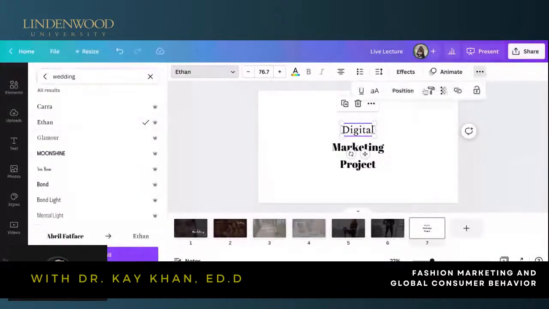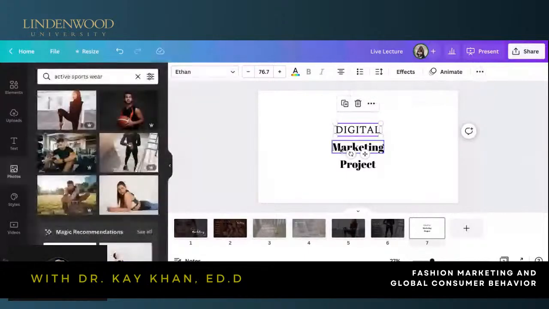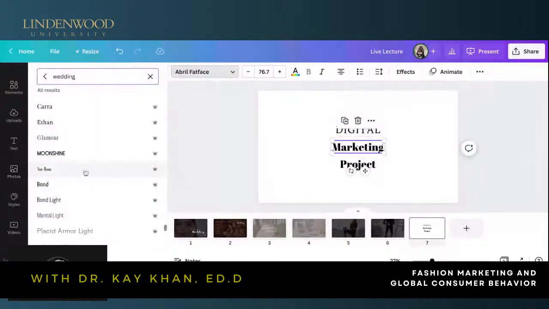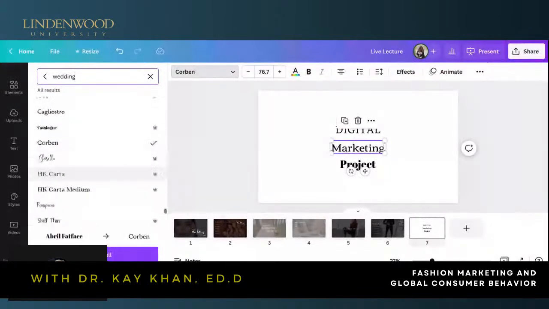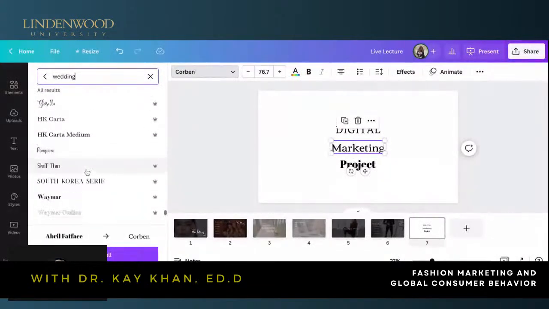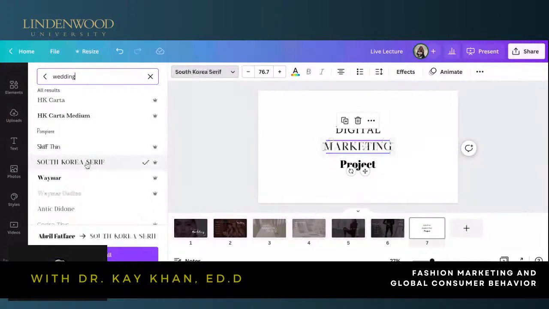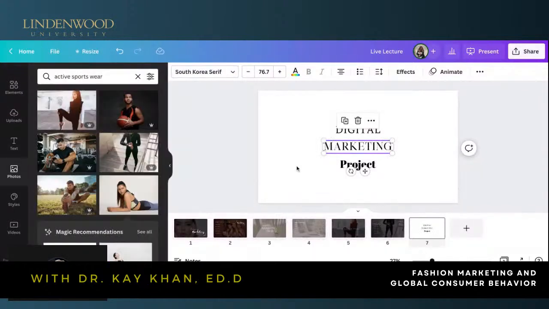And let me go ahead and go to digital. And I'm going to do a men's suit line I'm thinking about. So let's see what this Corbin looks like. Let's see, South. Okay, that may look very manly, giving me that vibe.